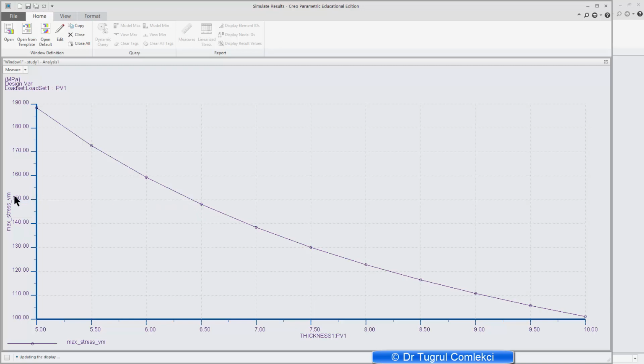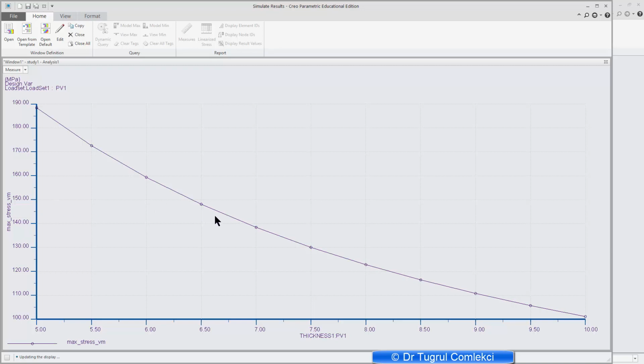So 150 megapascals at this level, if I read off from this graph, is just over 6.4 millimeters. So for this pressure vessel, if I chose 6.5 millimeters for the thickness, I will be able to satisfy my design condition of 150 megapascals. So that concludes our design sensitivity study,